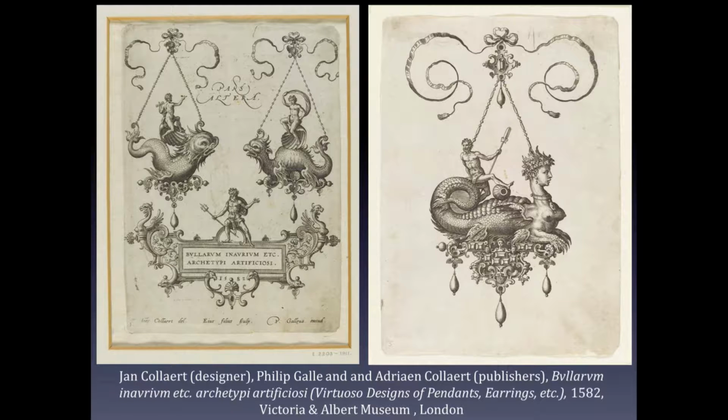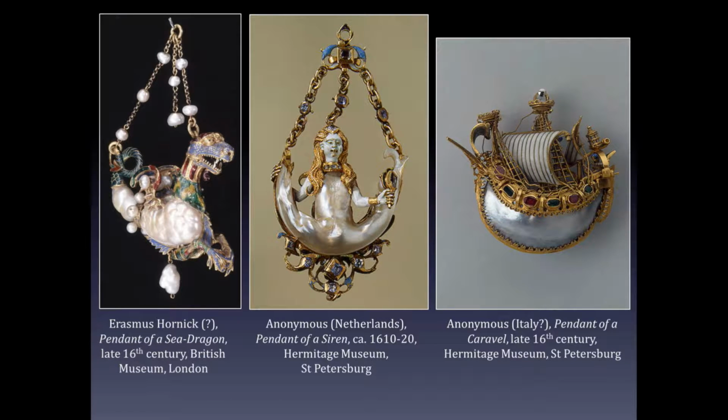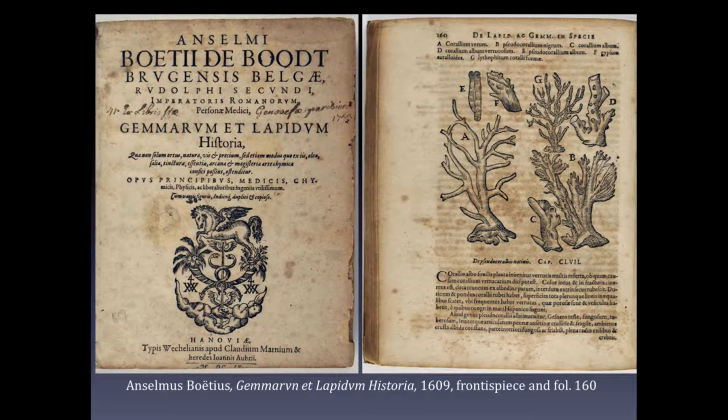And these two aspects, the materiality of these pendants and the craftsmanship, were not completely unrelated at this particular time. Actually, many of these disquisitions at the time about this kind of objects were presented together in the treatises of the time, like this particular book by Anselmus Boethius, the Latinized name, but he's actually a Flemish